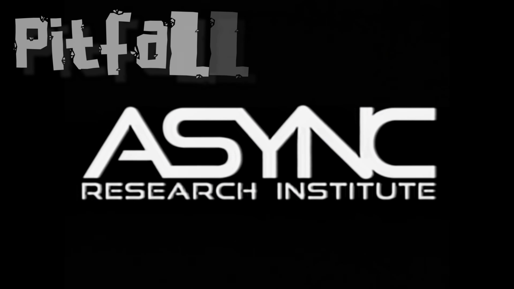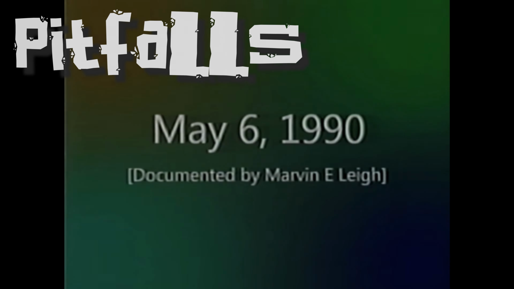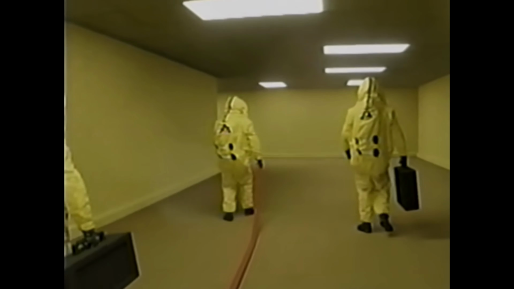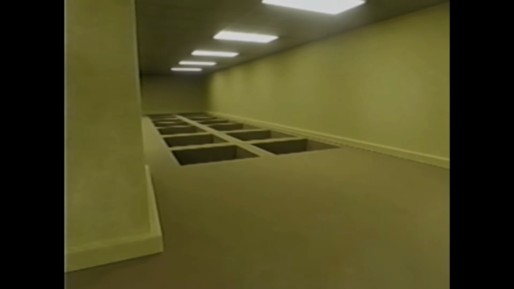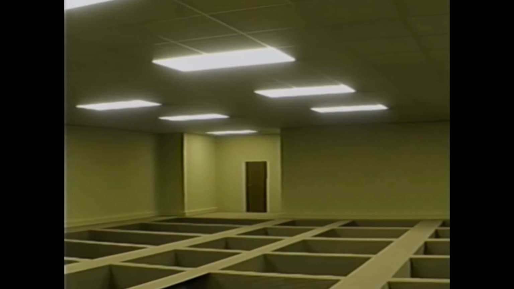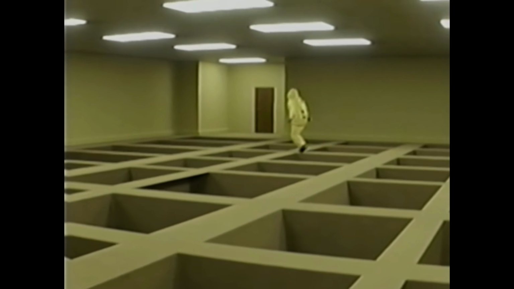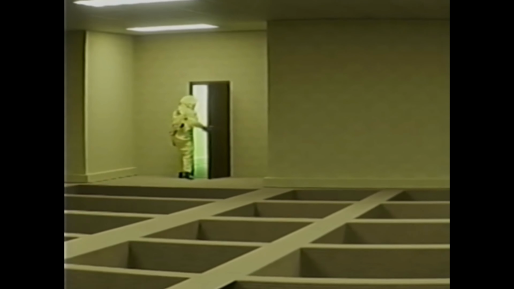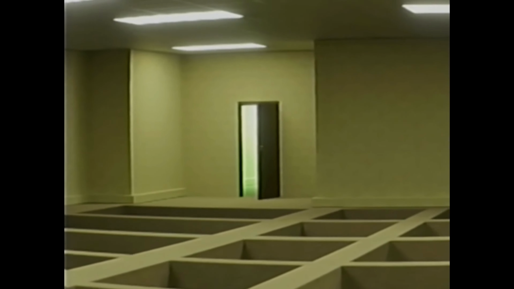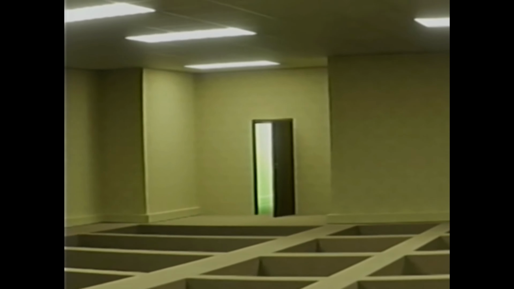After the original cameraman went missing, a new cameraman named Marvin has taken his spot. Marvin and a crew of 3 other people go into the Backrooms once again and explore until they come across an odd room with holes all over the ground with a door on the other side of the room. One of the researchers walked to the other side and opened the door. The researcher immediately told Marvin to make his way to him because what he witnessed seemed to be very important. As Marvin is making his way over, he accidentally trips into one of the holes and falls into another part of the Backrooms.